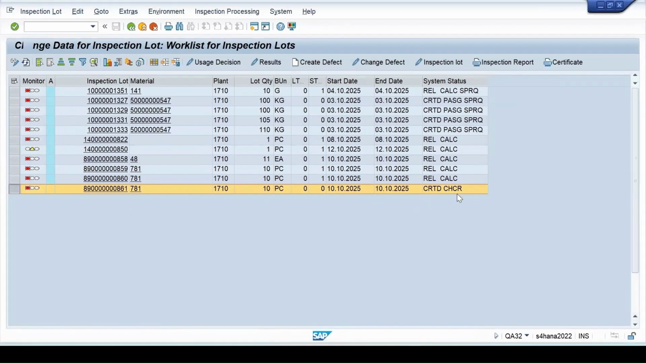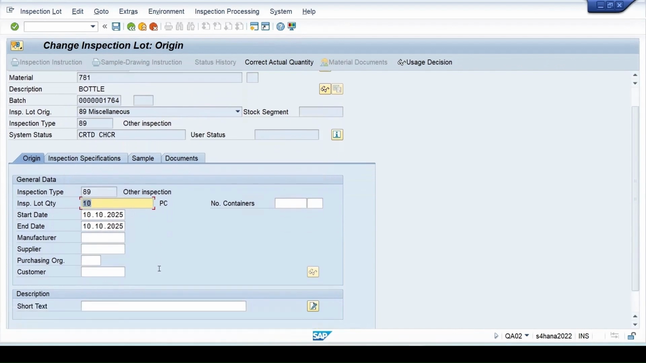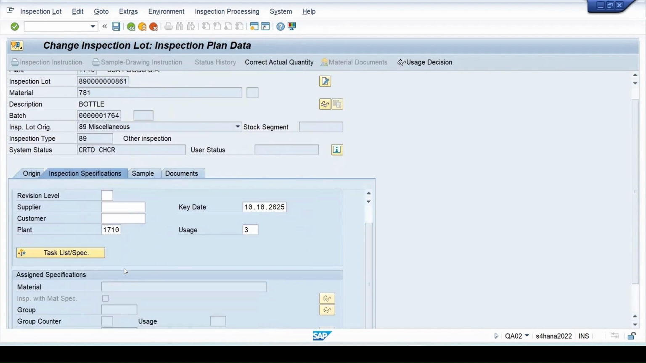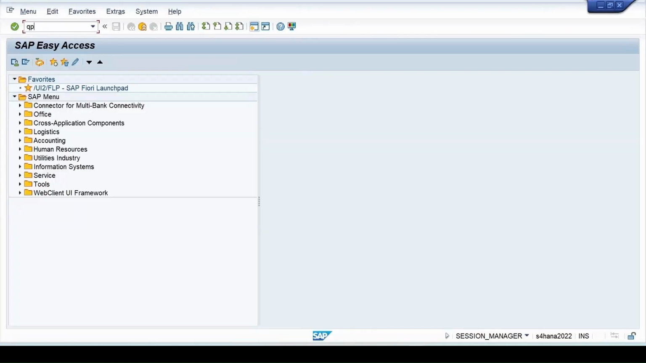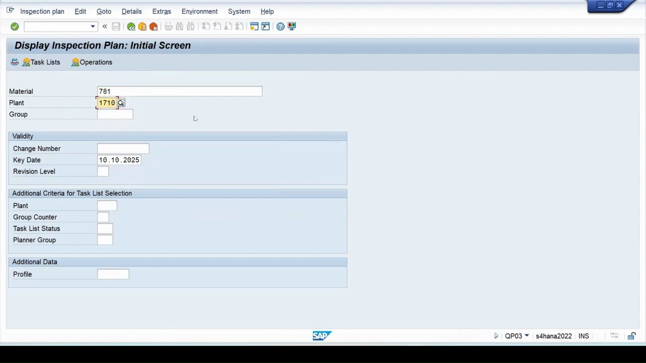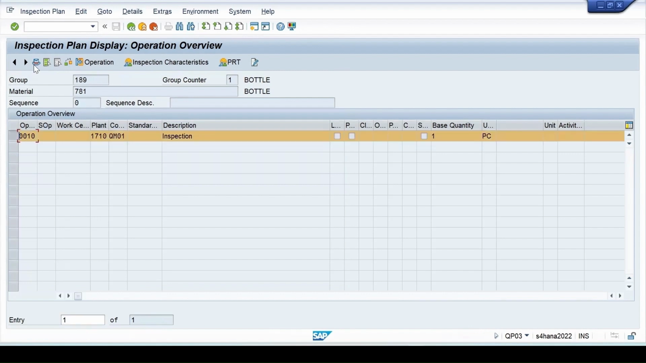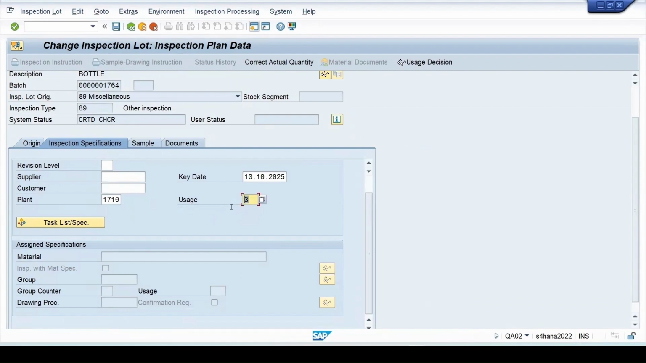Let me assign the batch number also. The lot is in the created state because the plan which is created is with the usage 5. Open the plan also. QP03, enter. Material is this, plant is this. Press enter key. Just now we have changed the usage to 5. The lot is searching for the plan with the usage 3. Either you manually change the usage to 5,